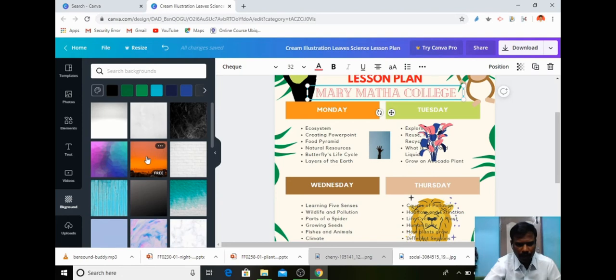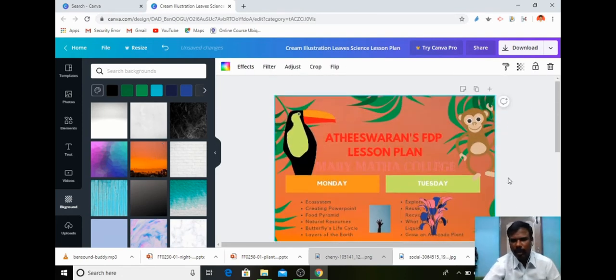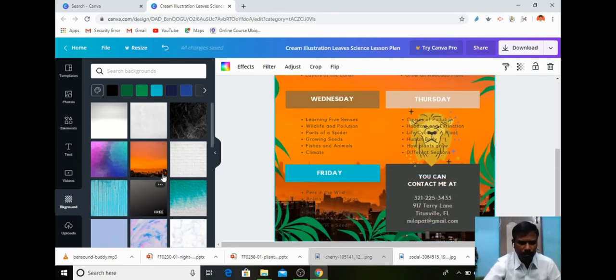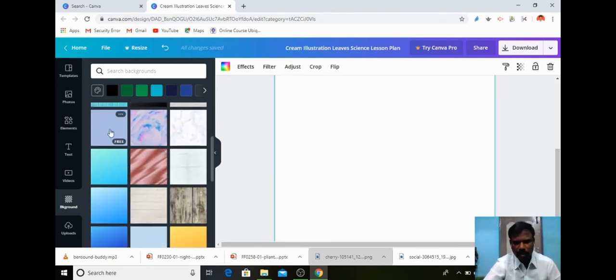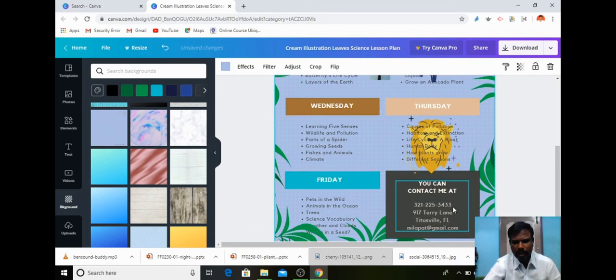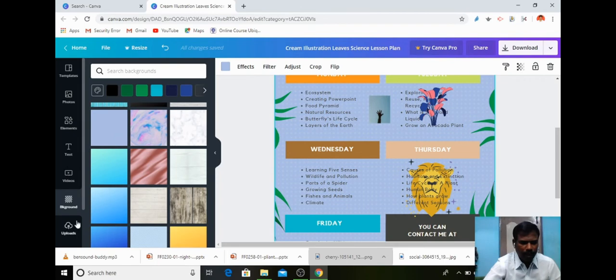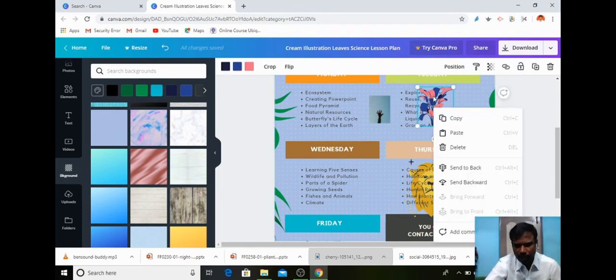For example, if I need the background, I can click the background and the background is ready now. So I can select the background and the background is ready. If I need a light background, I can select a light one. So the background I can change now. So now the background is ready. Like that I can add any number of elements to the existing design. For example, the text is not visible, so I will send this flower image to the background of the text.